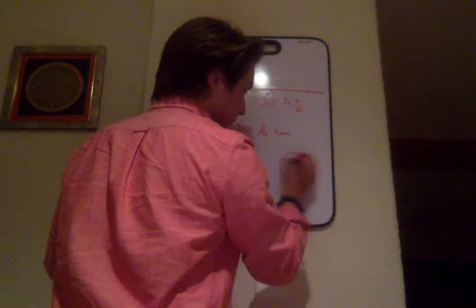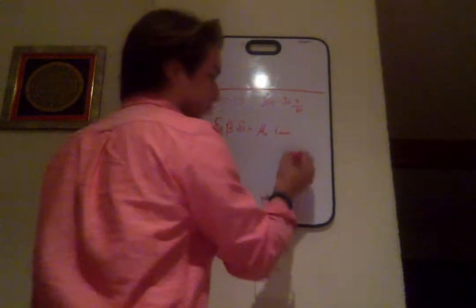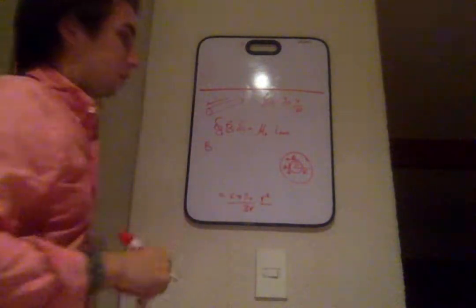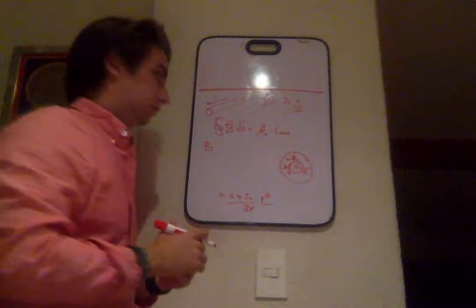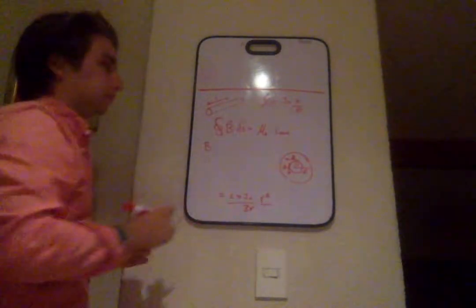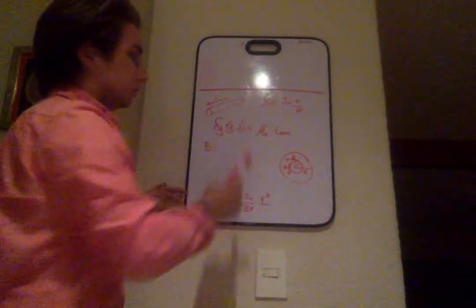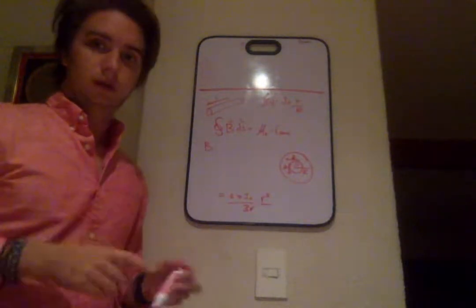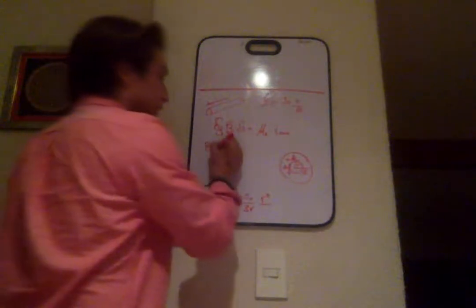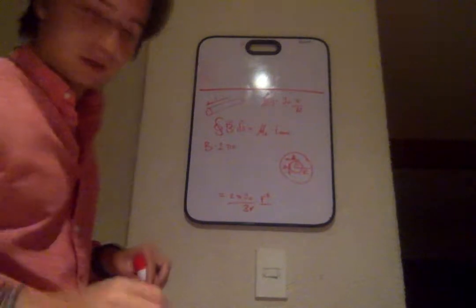So this would be B, and dS will be parallel to B. So as they are parallel and we have a dot product, first we can take outside the B, and the differential of surface is basically the equation for the perimeter. So that's 2 pi r,